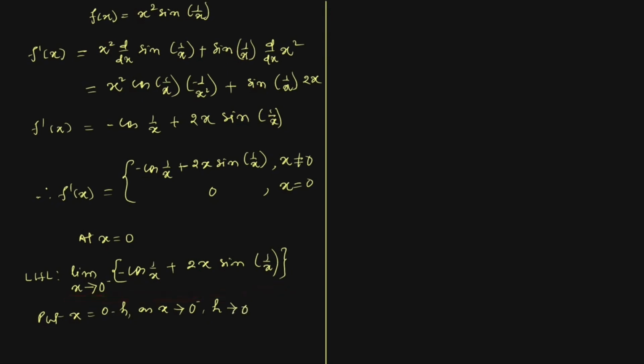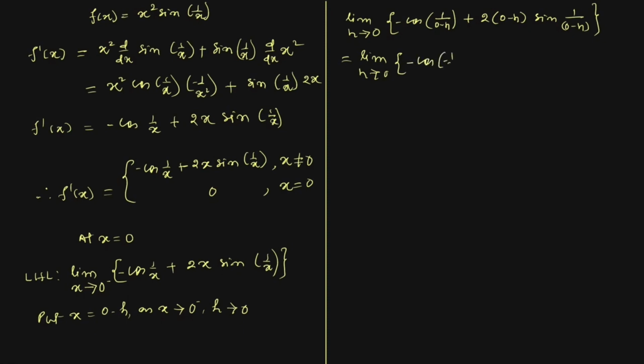Now this limit we are going to write as limit h tends to 0 of minus cos 1 divided by 0 minus h plus 2 in the place of x we will write 0 minus h sine 1 divided by 0 minus h, which is equal to limit h tends to 0 of minus cos minus 1 by h plus 2 minus h sine